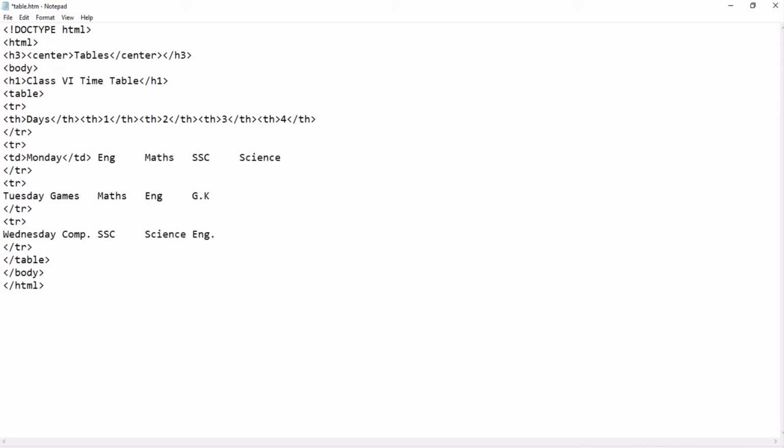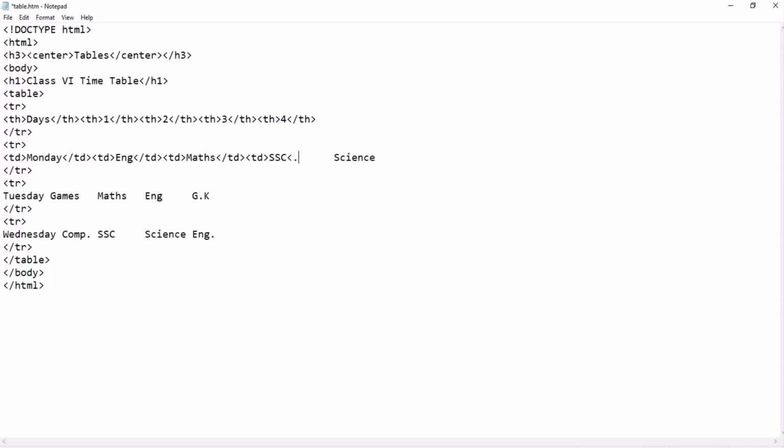Then again starting, then again ending with /td. Again the td tag, starting, then td closing.